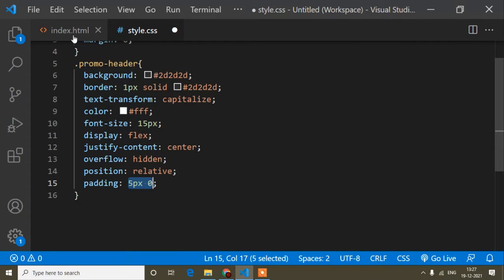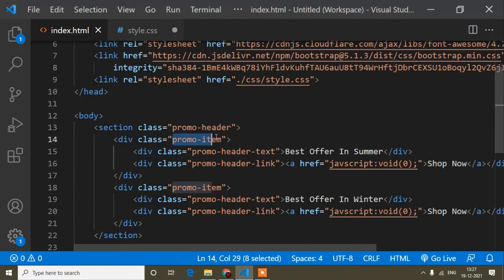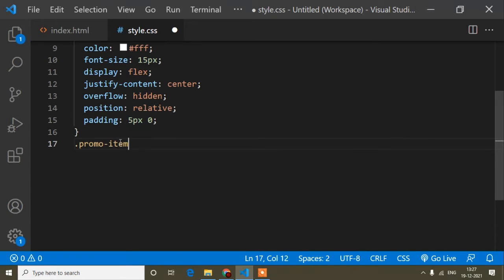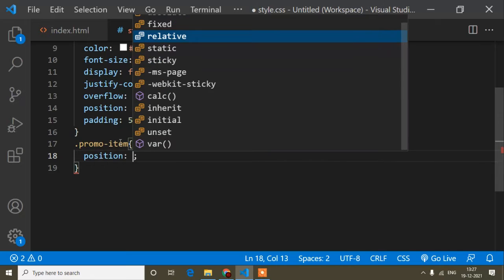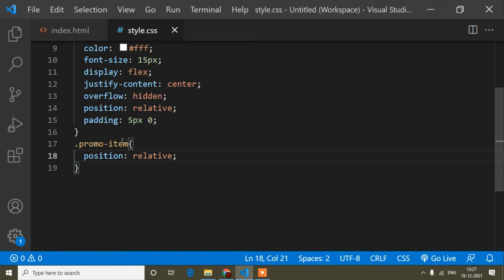So this is done. And now guys, here this promo item, I will write position is relative. Okay, so first of all I will save and show you. You can see it's centered and it's coming like this.